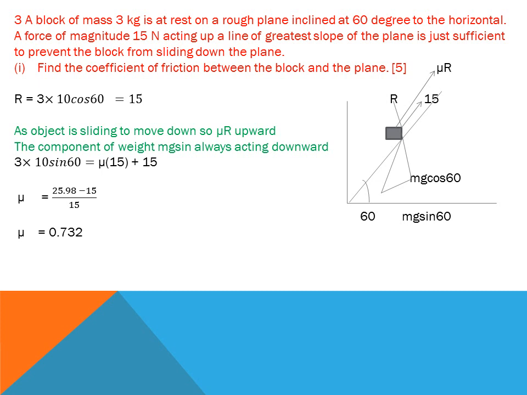So μR and the 15 Newton force act upward, and only the component of the weight, mg sin 60, acts downwards. By applying the law of equilibrium, because the body is in equilibrium at rest, the component of weight mg sin theta is equal to the upward forces μR and 15 Newton. In this way I shall find the value of μ is equal to